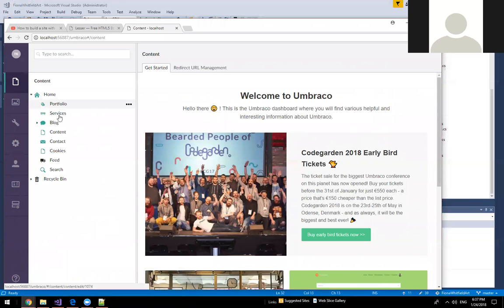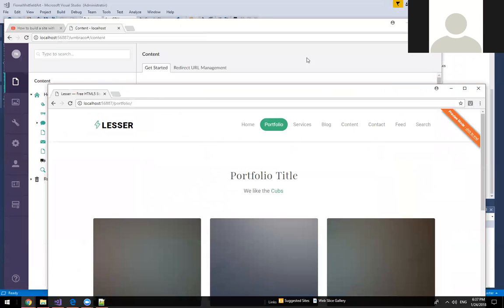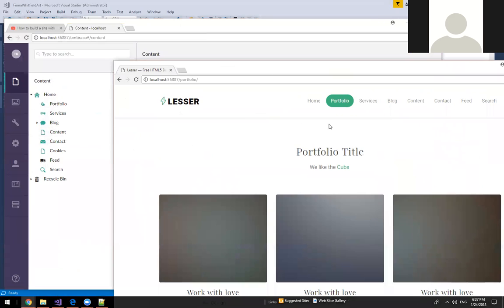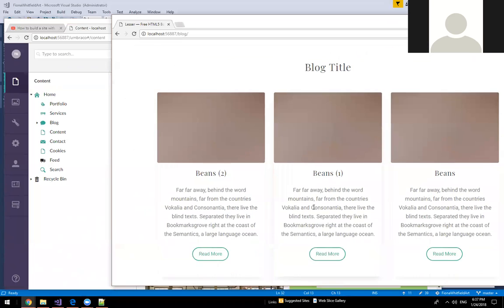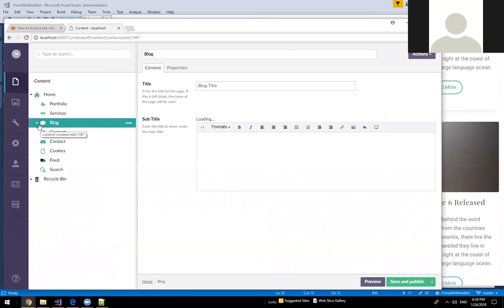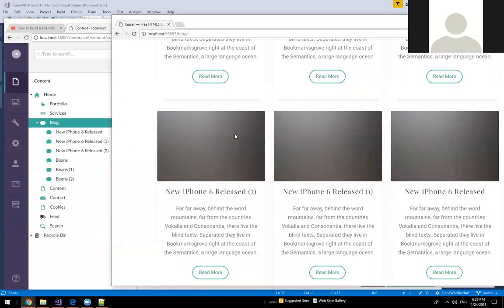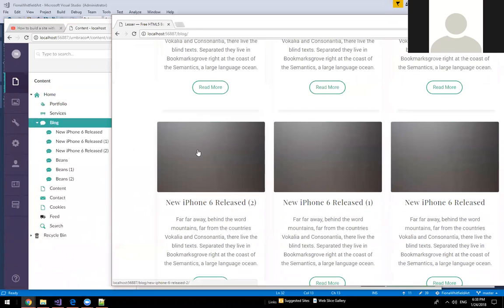So clearly, if this makes a little bit more sense right here, if I drag this out, you can see these menu options. You got home, portfolio, services, blog, content, contact, which kind of map to these here. If I click on the blog entry, we've got these particular blog entries right here. If you go here under blog, you can see how each of these maps to what you're seeing right here. So the gist of it is, if you're not familiar with Umbraco or the CMS or whatever,